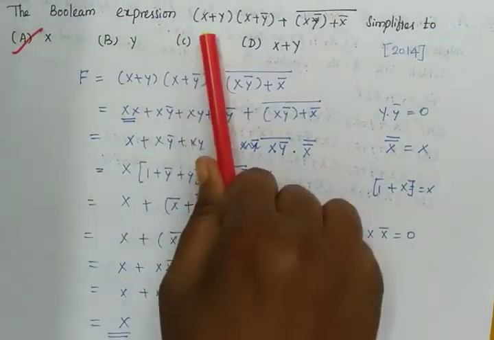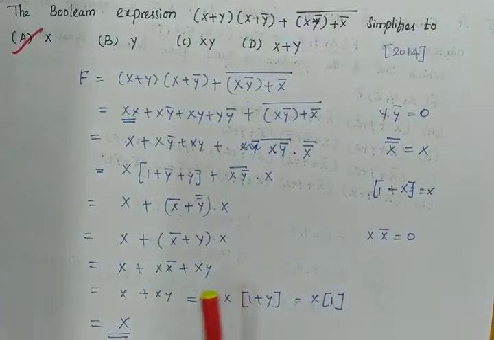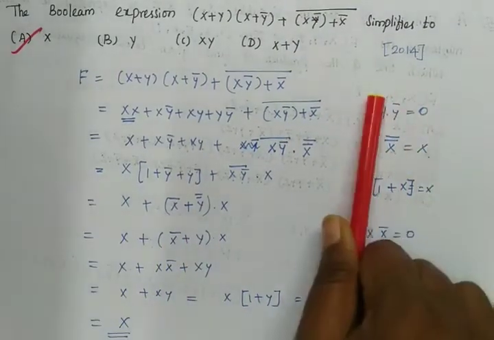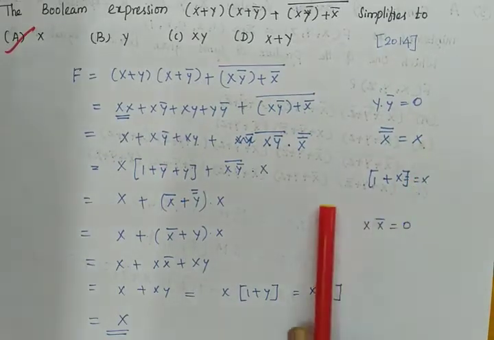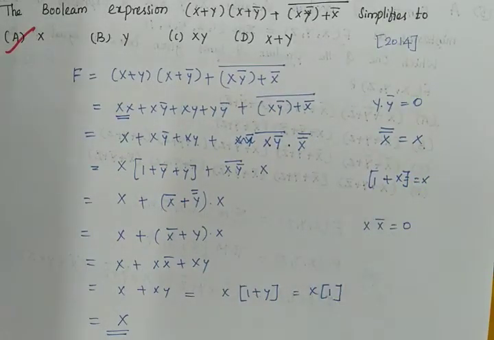So here's the Boolean expression. So we have to minimize the Boolean expression. So we must remember these rules. That is a into a bar will be equal to 0, a double bar equal to a, 1 plus a will be equal to 1. So the same thing. That's it. Then the next one.